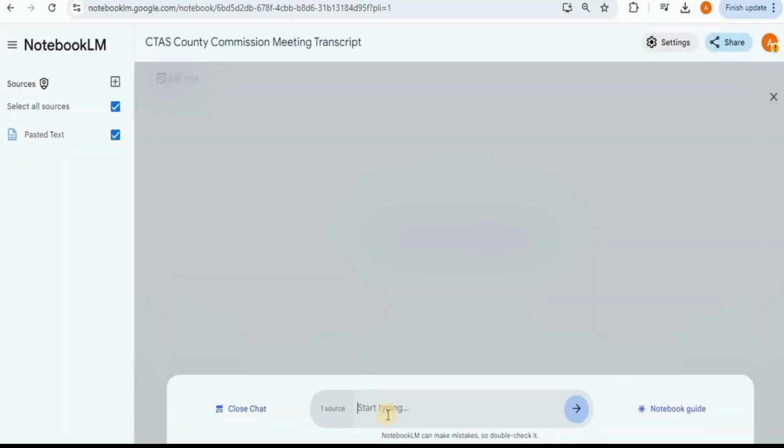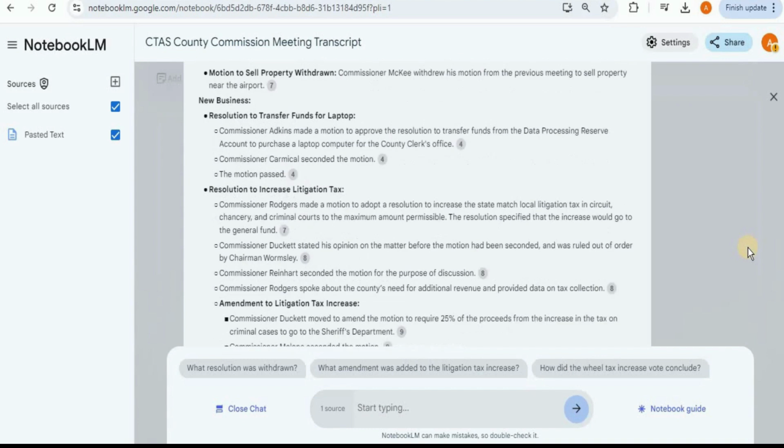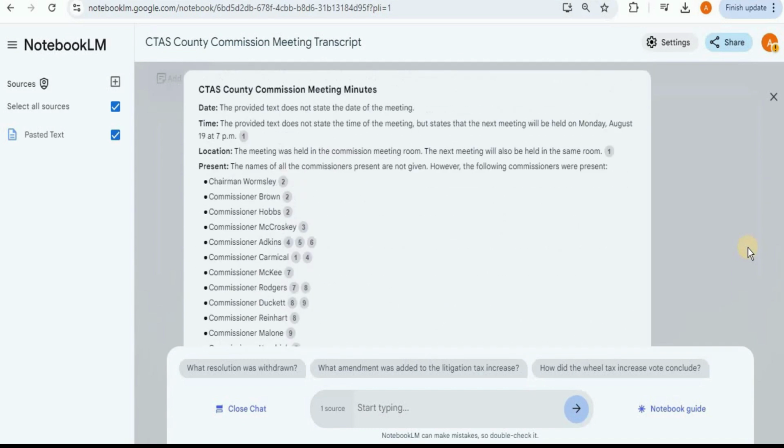And then right here inside the chat box, you have to provide the prompt for what you want to do with your provided source. So I want it to generate the minutes of meeting. For that, I'm going to provide the prompt: create minutes of meeting from the provided data. And once you do that, within a minute, it will generate the minutes of meeting for the entire meeting transcript which you have provided to it.